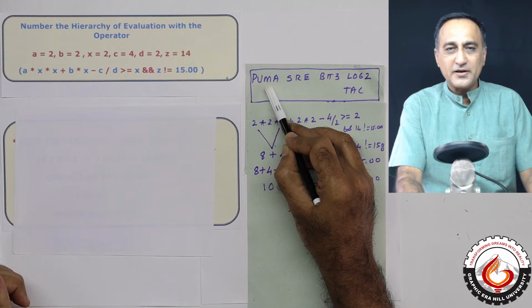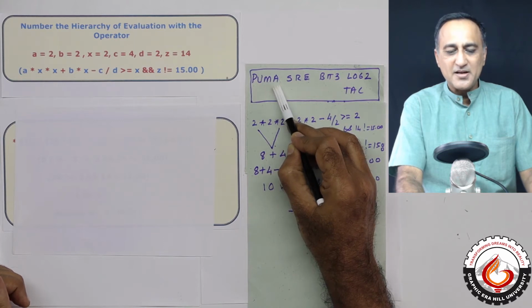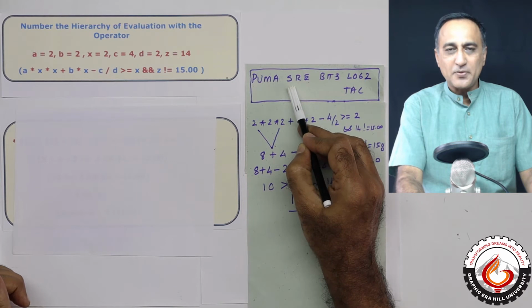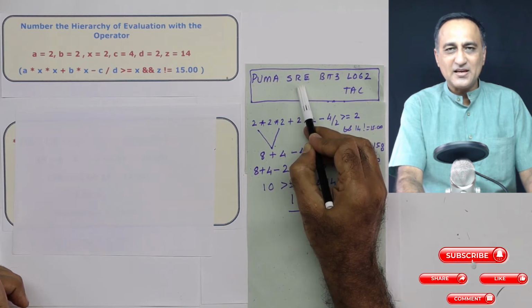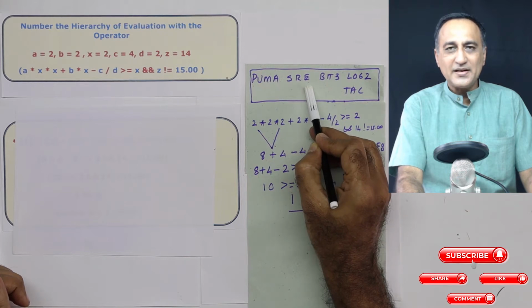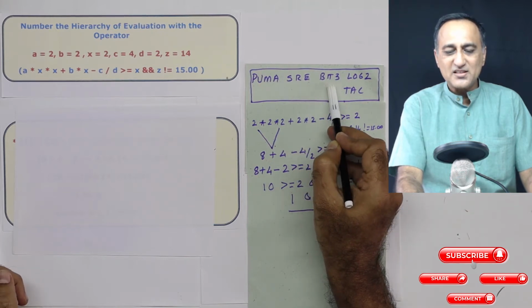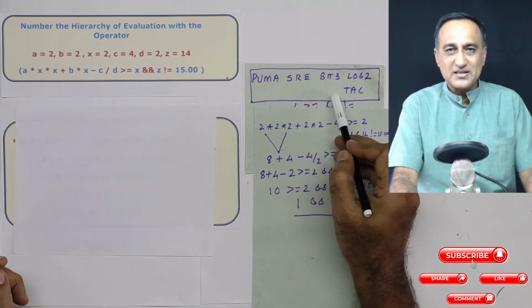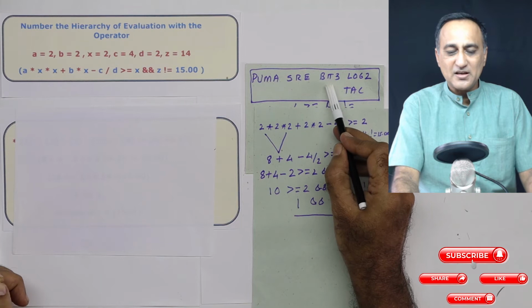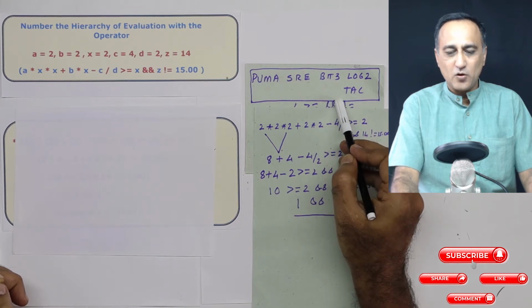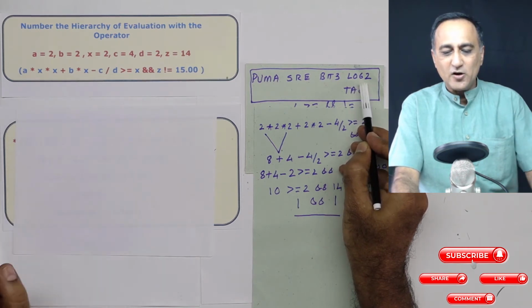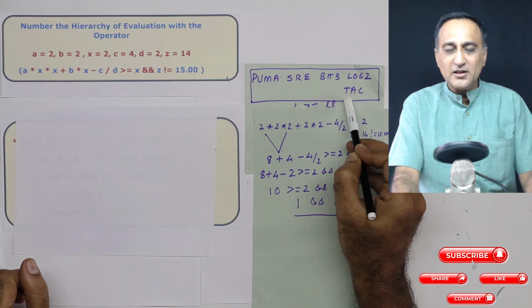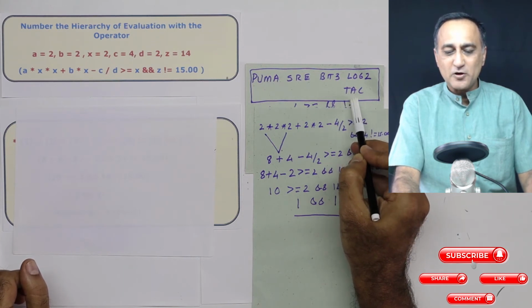Then it is followed by multiplication, division, and modulus, then addition and subtraction. Shift operators, left shift and right shift, are bitwise operators; we have not dealt with them yet, but we are going to shortly. Then the relational operators: greater than, lesser than, greater than or equal to. Then equality: the double equal to and not equal to. Then the three bitwise operators: the bitwise and, the bitwise exclusive or, and the bitwise or, followed by the two logical operators, the logical and and the logical or. Then the ternary operator, which we are going to discuss, the assignment operator, to be discussed too, and